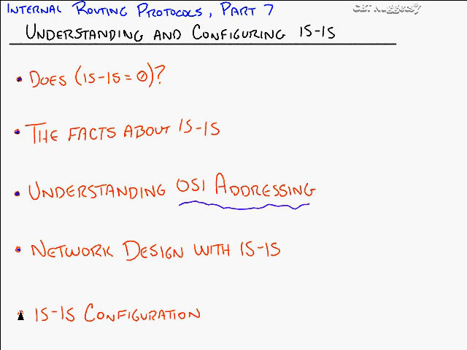Finally, what I thought was the easy part is the ISIS configuration. Because ISIS is so conceptually heavy, the configuration is just 2 or 3 commands. Turn on the routing process, assign an OSI address, then jump under each interface that you'd like to run ISIS, and just type in ip router isis to get it up and running. It's very straightforward on that